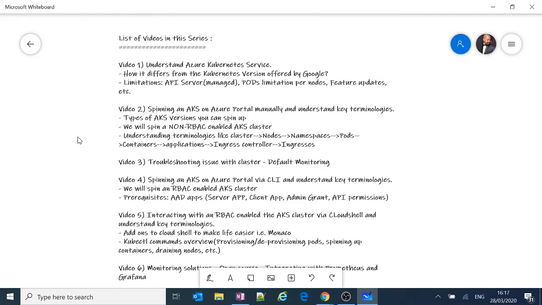So there are a lot of things which come hand in hand with Kubernetes, and other services like Docker Swarm, which was initially, I can say, a pre-concept of Kubernetes, but it couldn't click, and that's a product from Microsoft. But why has Kubernetes clicked so well? You will understand as the entire series goes on. We'll be having a lot of videos, not just these eight videos.